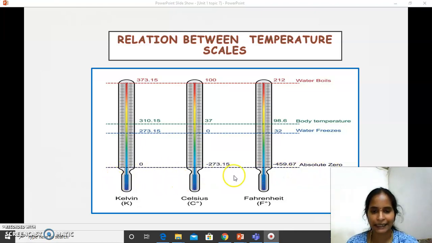Absolute 0 is nothing but a point where there are no molecular interactions or any movement of the molecules. That is absolute 0 temperature. There is no molecular movement, so no heat is present in that system; that is called absolute 0. Okay, this point cannot exist practically. You cannot reach this temperature by any number of processes or any type of process. It is not possible to reach this absolute 0 point. Okay, so other points are correlated with